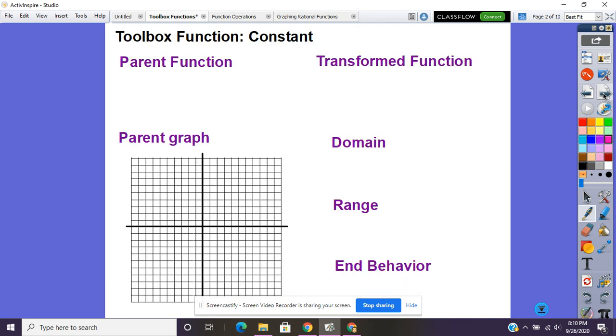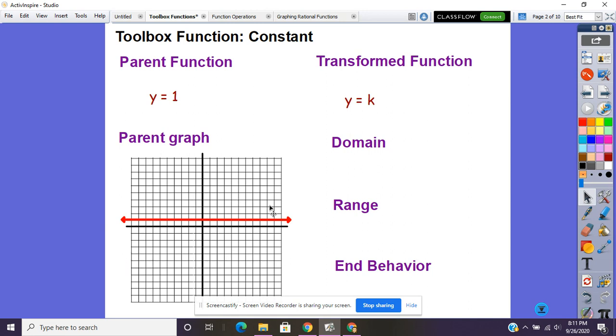So our first function that we're going to talk about is our constant function. The constant function means it's never changing. It is purely constant. So if I were to look at a graph, it's this graph right here, where it just goes left to right. Our parent function is just y equals 1, and our transformed function is y equals k. So this could be anywhere. This just happens to be the most basic parent function, but it could be y equals 3, y equals -5,